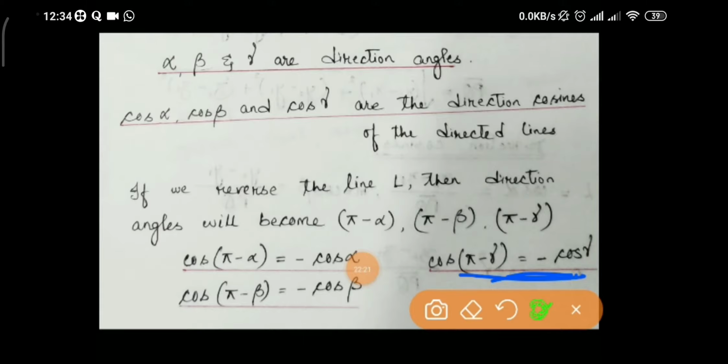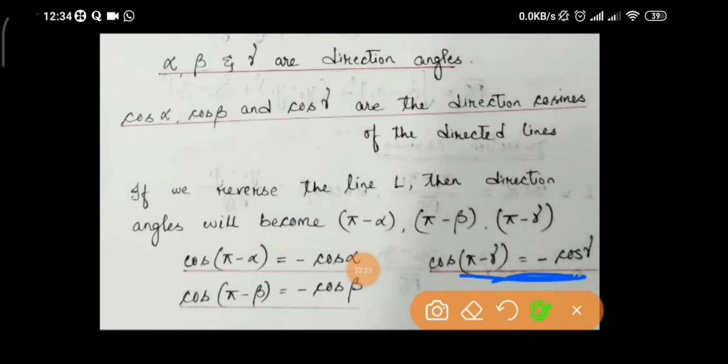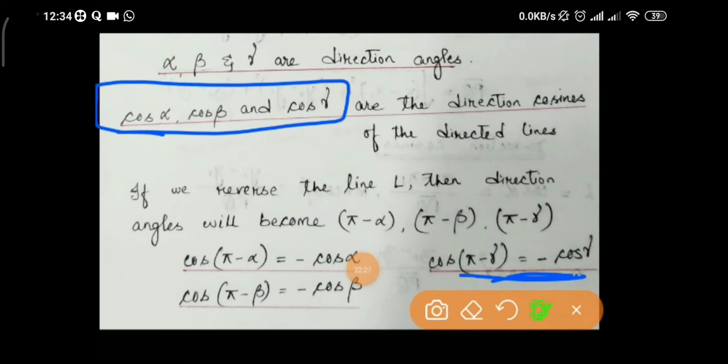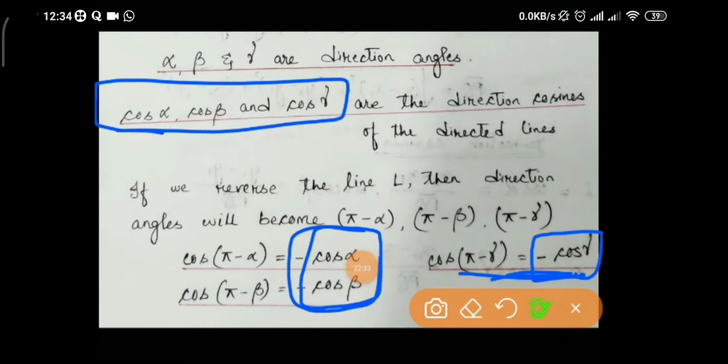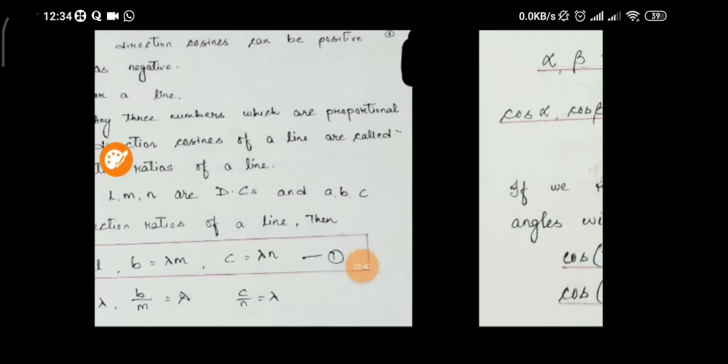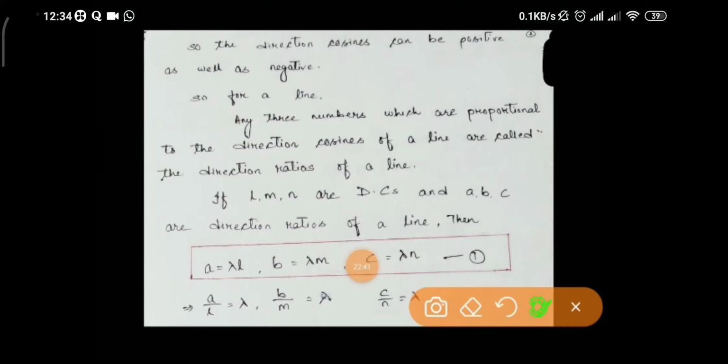So you can clearly see that previously we had cos alpha, cos beta, and cos gamma as the direction cosines. Now we are getting direction cosines as minus cos alpha, minus cos beta, and minus cos gamma for the same line. Okay, so for a line, direction cosines can be positive as well as negative. So now,